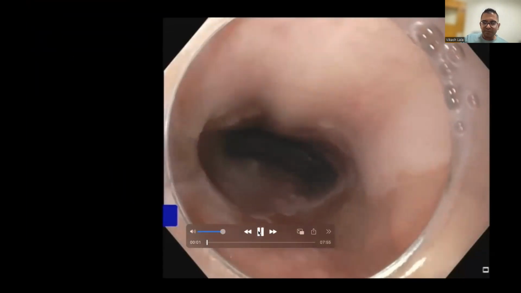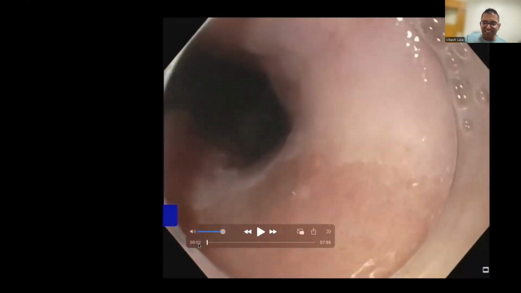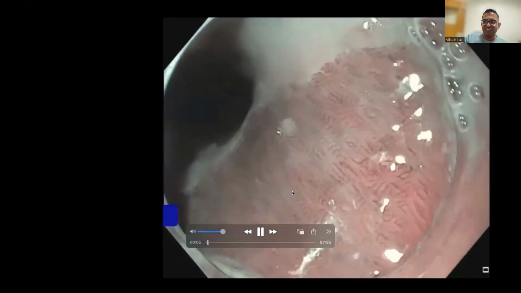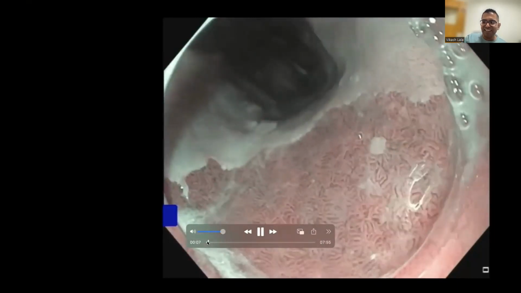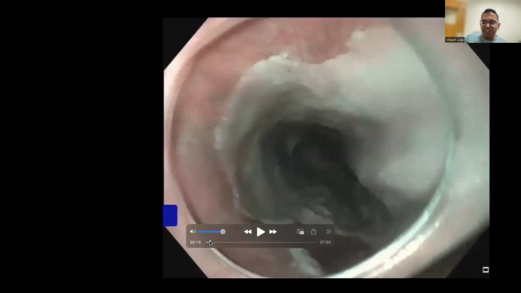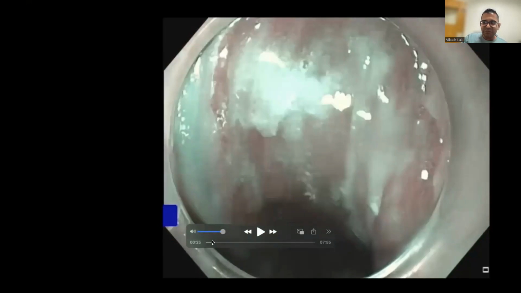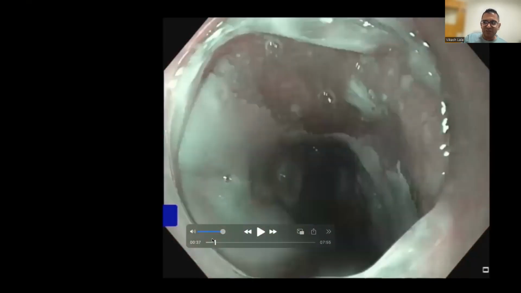So I'm going to skip the first part. I think the first part is an interesting discussion, but a completely different discussion altogether. And maybe if we have time, we can talk about it. But this patient had a massive inlet patch. This is just below his upper esophageal sphincter, and you can see quite a big inlet patch. Argument here is, is this just an inlet patch or is this actually related to his Barrett's?